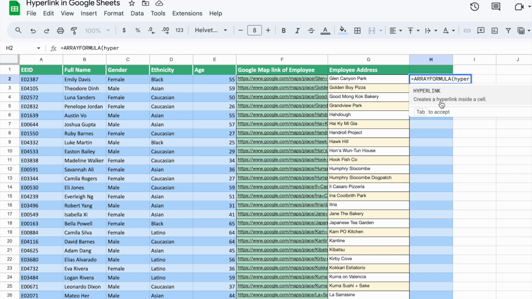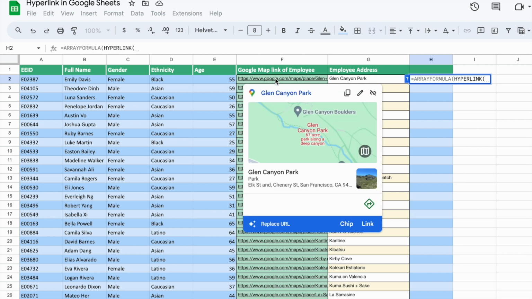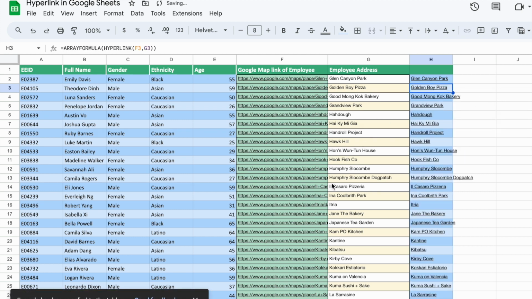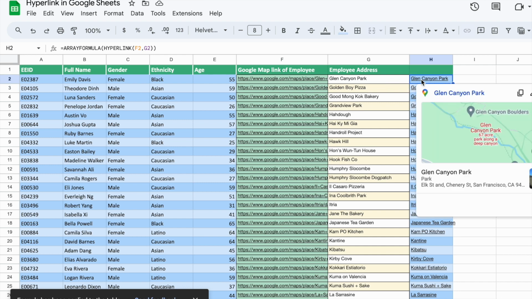HYPERLINK, then I will select this one first, comma, then this one, bracket closed, another bracket closed, and that's it. So you can see here each of these data has been hyperlinked. See,